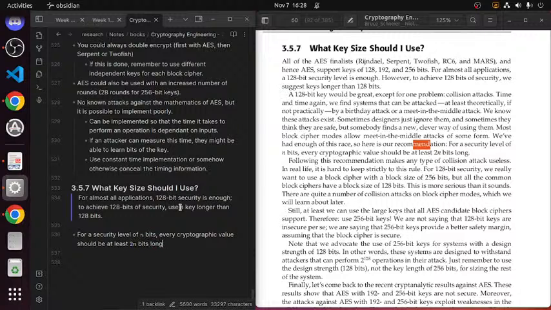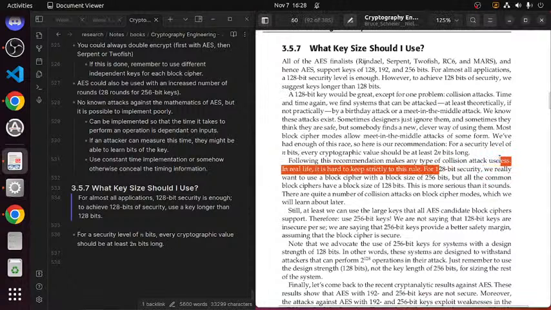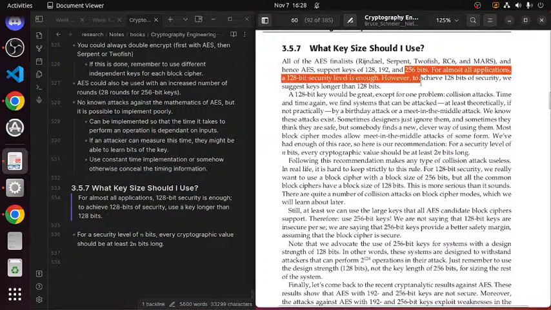So hopefully that's simple enough. So make it twice as many bits, if you want that much security. Following this recommendation makes any type of collision attack useless, because if you double it, you say, hey, we're not actually going to get 256, we're actually only getting 128, but we have keys that are twice the size.